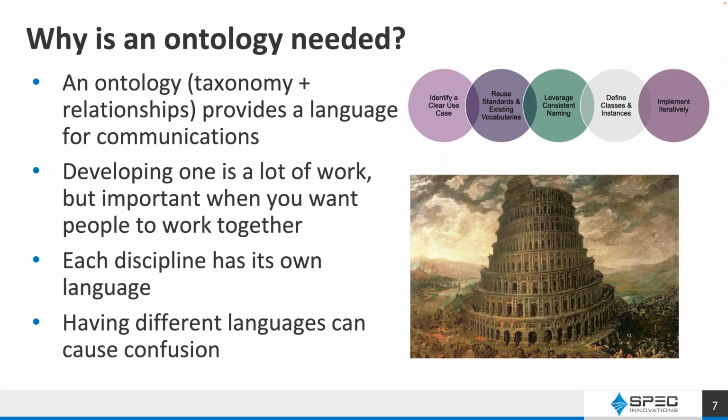So when you think about that taxonomy and relationships that make up an ontology, it gives us a language for communications and makes it easier to express things. But developing one is hard. If you've ever actually had to sit down and try to do one from scratch, it's very difficult. When you see a lot of the work going on with SysML, for example, a lot of that is looking at ontology, trying to come up with the right set of terms and how these things work with